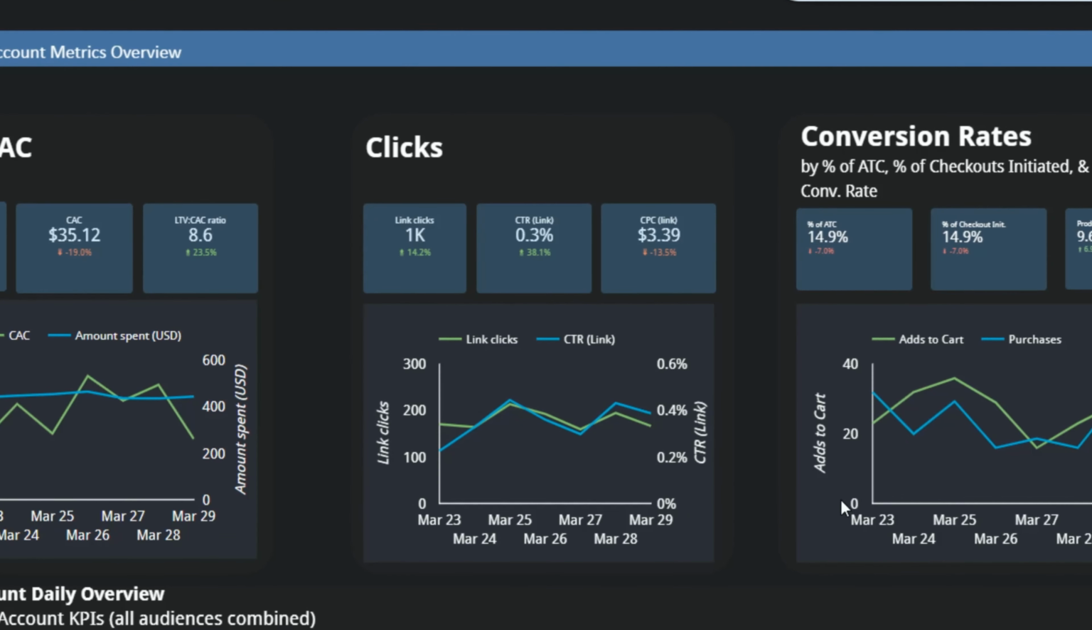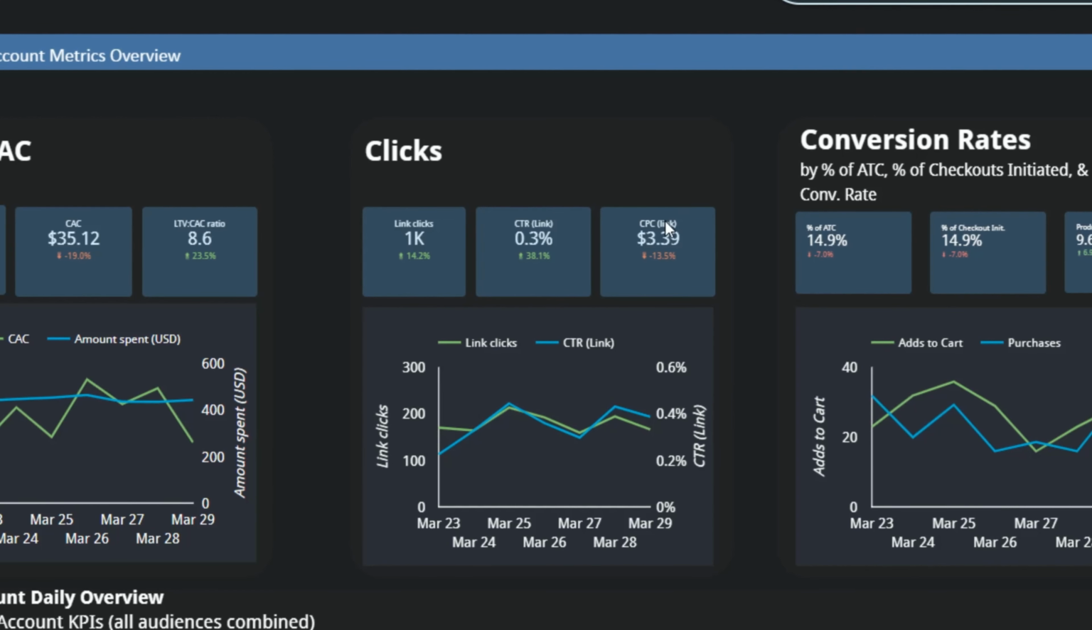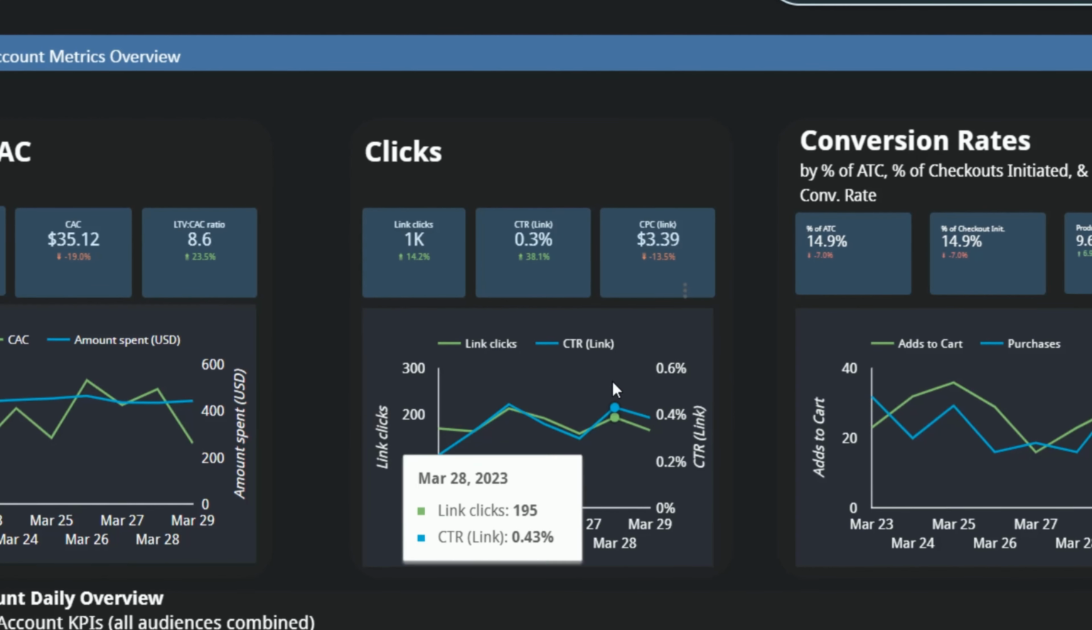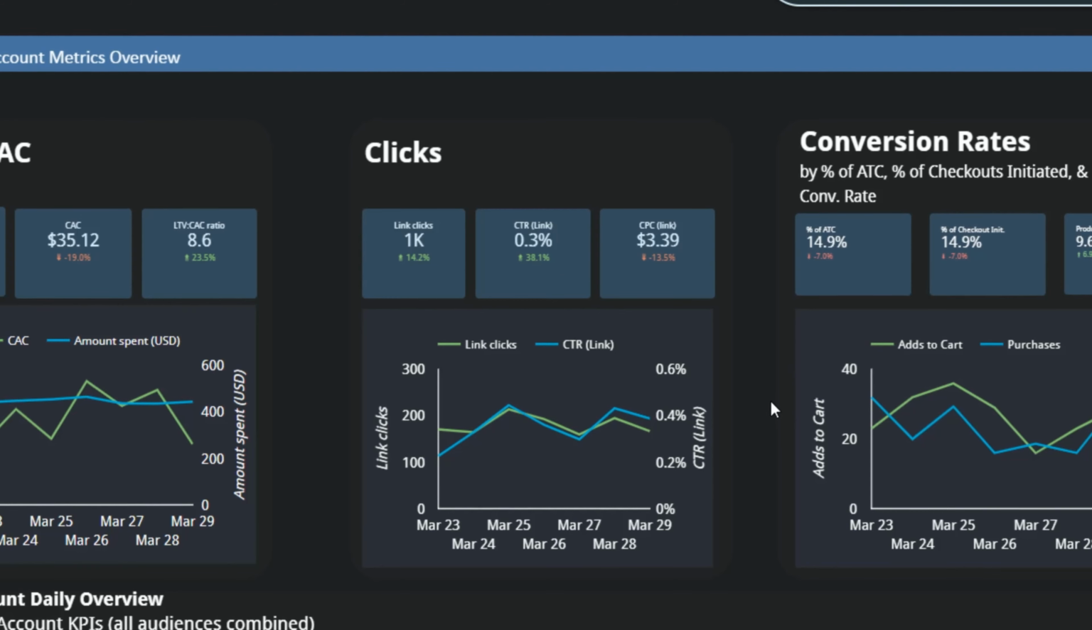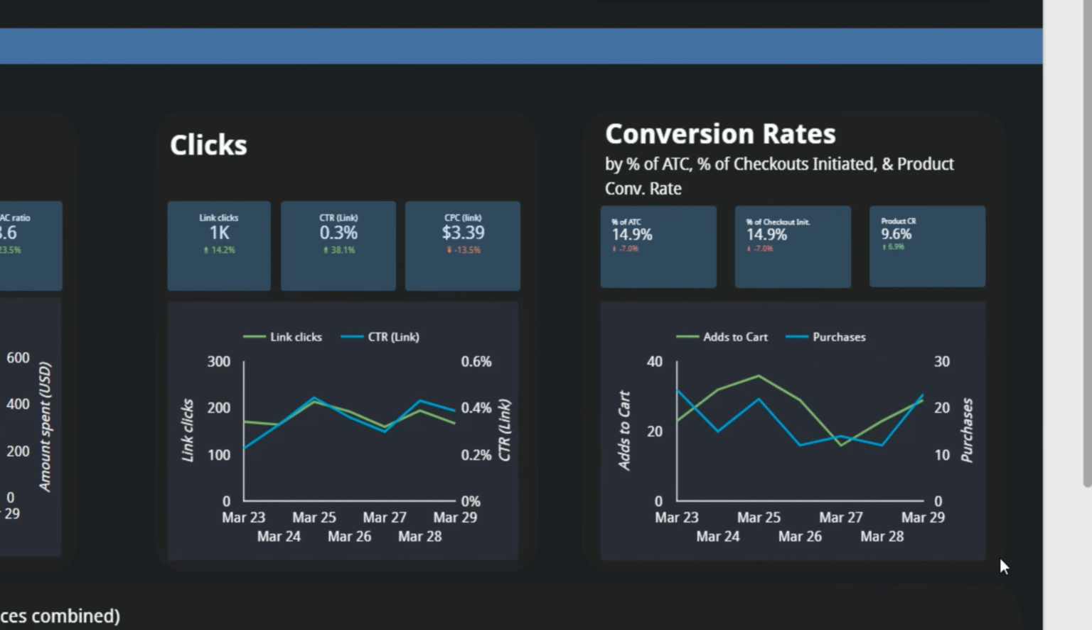Here we want to track the clicks, so anything that has to do with the ads, how they're doing, how attractive the ads are, etc. So obviously the CTR, the cost per click, the link clicks, all of that good stuff will be very important for us to track. And then here it's all about the conversion rates, right? So right here what you have is the front end metrics, right? So essentially when people are in platform, right? And then here what we have is the back end metrics,